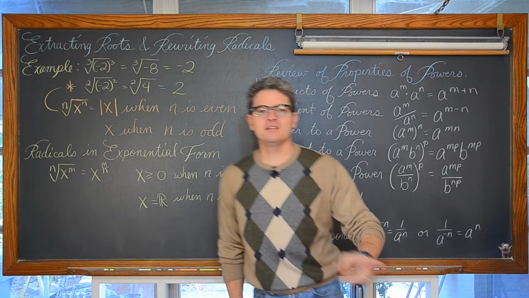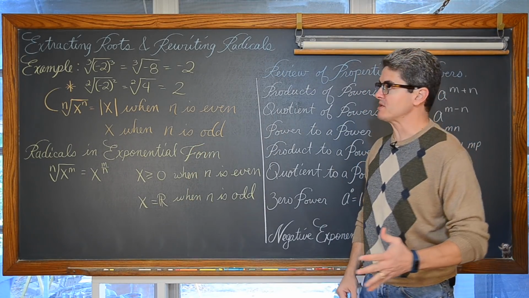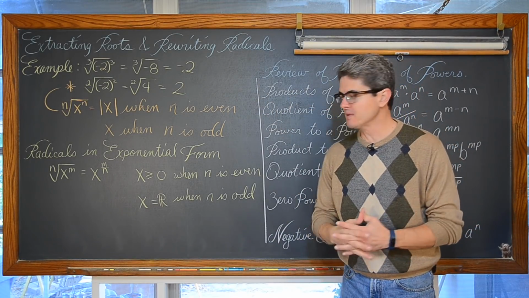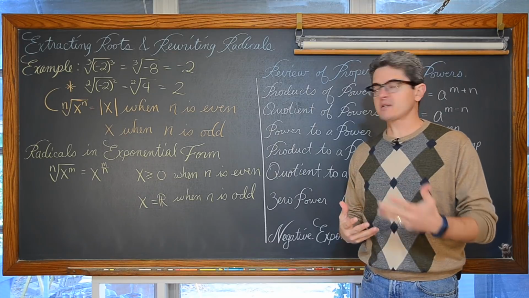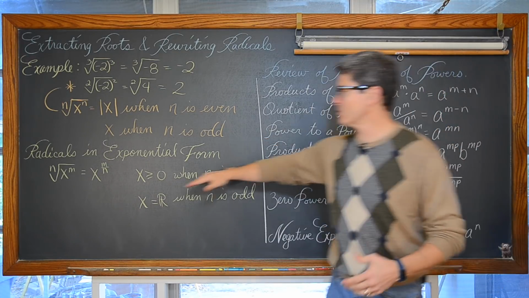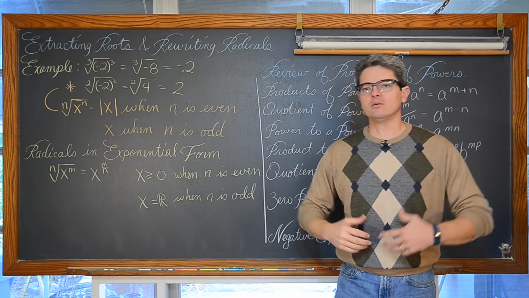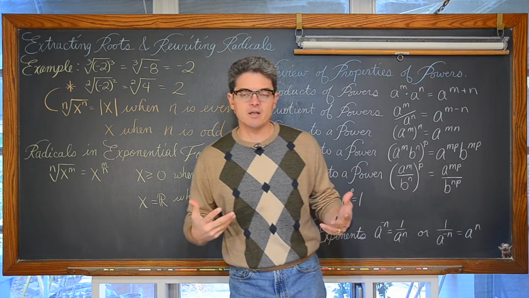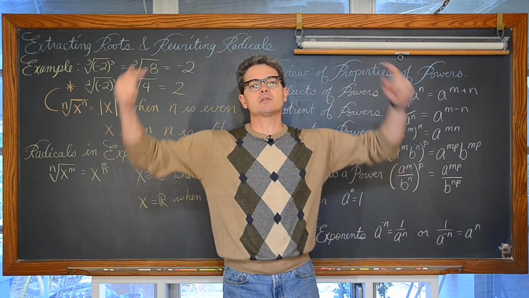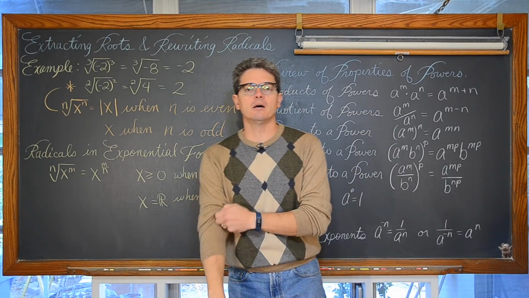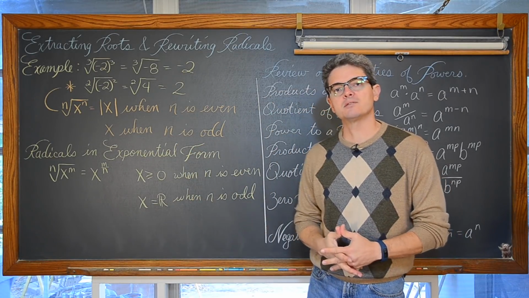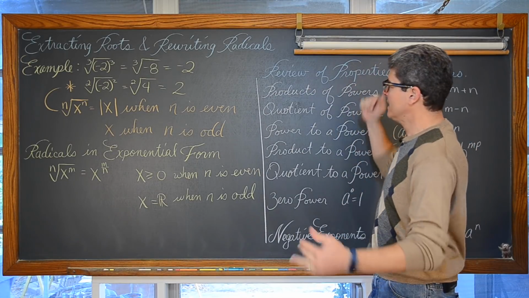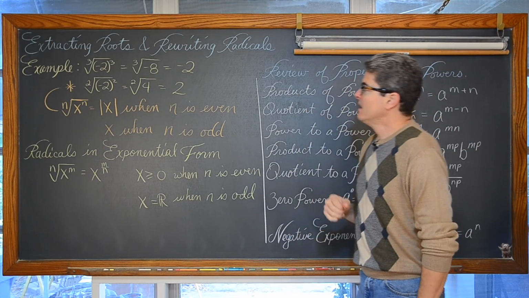Mr. Tarrou, in this algebra lesson, we are going to be introducing how to extract roots and rewrite or simplify radicals. We're also going to be discussing how you rewrite a radical with a rational exponent, or put it into exponential form. This is not the first time I have made lessons on this topic, so I'll put some links to other lessons in the description if you'd like to see more examples. But we're ultimately going to go through 6 examples after doing our initial page of notes.